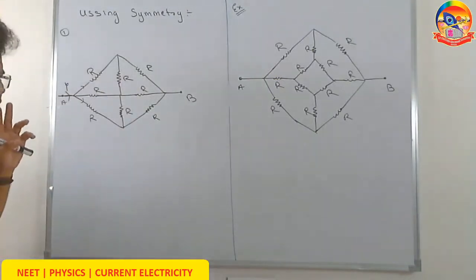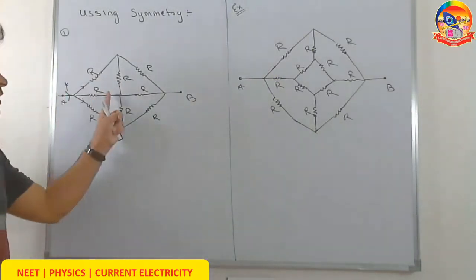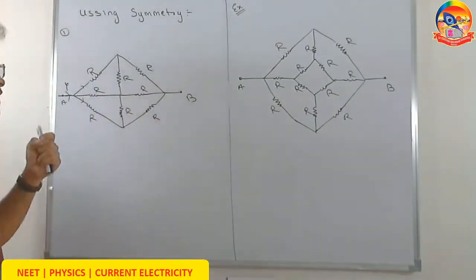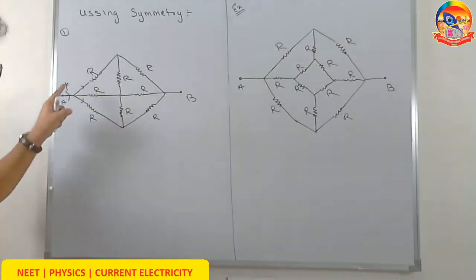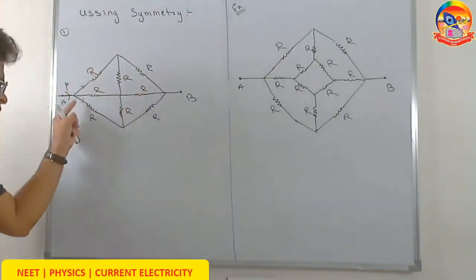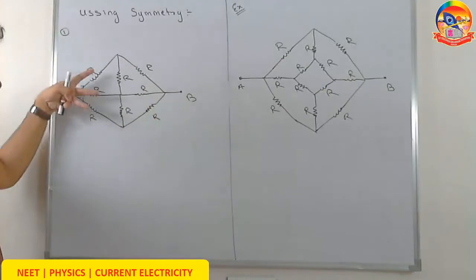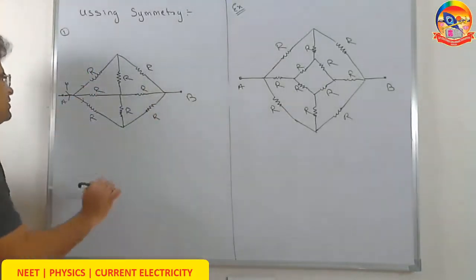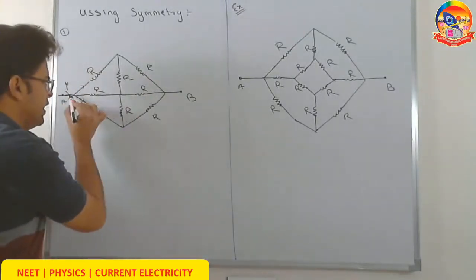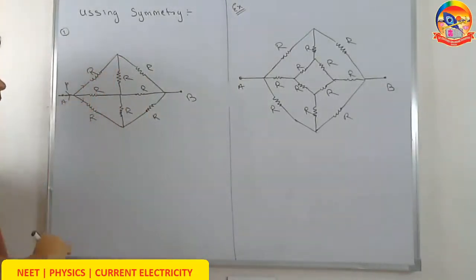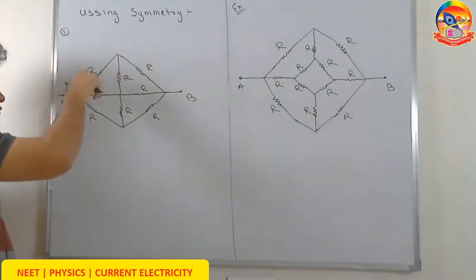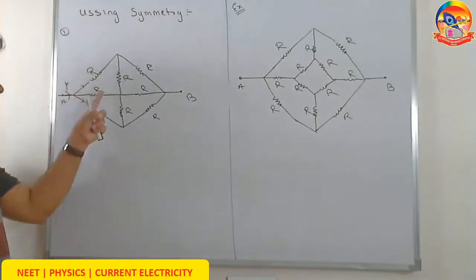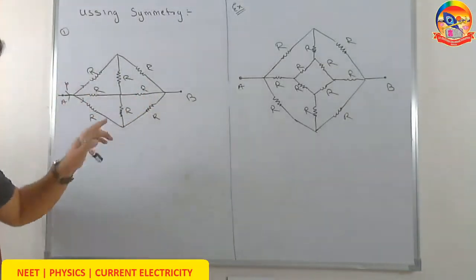Notice that I can't say with 100% guarantee that the same current will go in the central line. Though after solving, we will find that since no current flows through these two, here it is 2R, here it is 2R, here it is 2R, so the same current must go through all three. That we will find later, but right now, I can't say that the current going in this middle line has to be the same as upper and below. Why? This line goes further, divides into 2, this line goes further, divides into 2, but this line spreads into 3. So this is not the same line as the upper line and lower line.